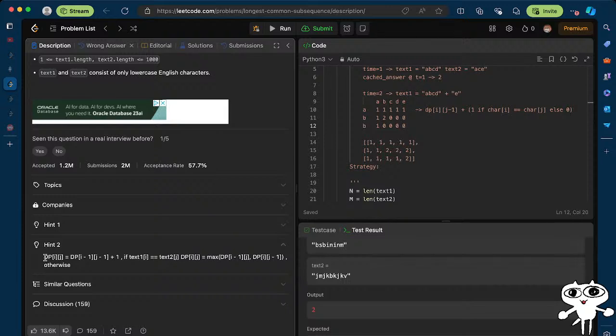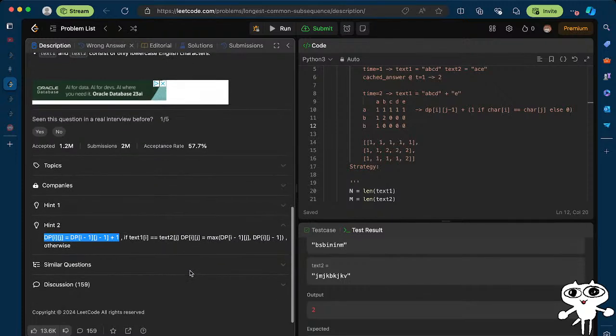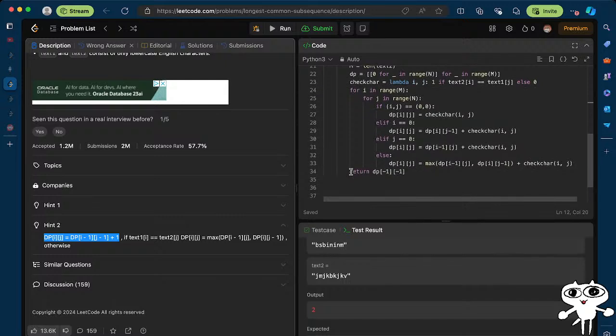Okay, so I know dp of i, j equals this plus 1, i minus 1, j minus 1. Interesting. So this is like a hint 2. The hint 2 essentially says that I should change my approach here, and instead of doing a max of these, it says I should do this. So if my characters are same,